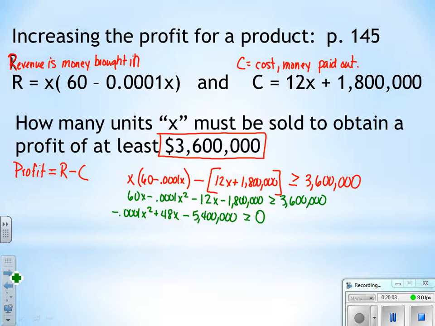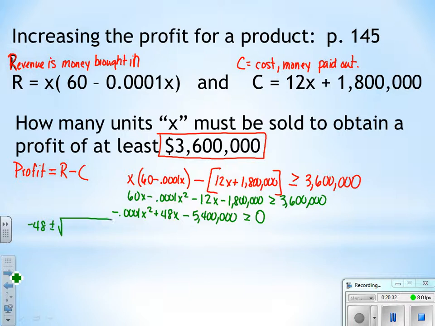Okay, so when we put those things together and start simplifying this expression, you can see that that forms a quadratic. We need to find our solutions for this quadratic in order to find a number of units, or our x, that we need to sell to get that profit. You could go ahead and play with this and try to factor it. I'm going to punt and go right to the quadratic formula because I feel in the end it's going to save me some time. So negative b